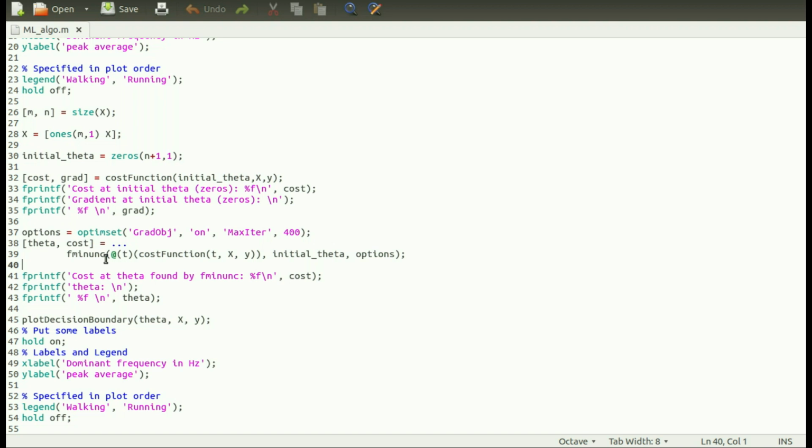And then so kind of this is the brain, you can say, of this code. And finally we just plot the decision boundary that I will show you. I mean the kind of boundary that will segregate these two parts. So let's look at that thing in running.